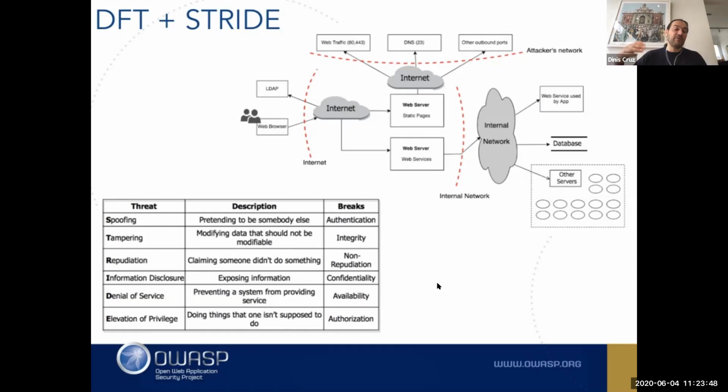And of course, elevation of privilege in this case is the whole authorization. So if you look at this, what we're talking about is authentication, integrity, non-repudiation, confidentiality, availability, and authorization. If we get those right, we have a really good app. Now, this just covers a really nice set of topics. And the logic is you ask those questions on the diagram, so the diagram should be able to give us those answers.